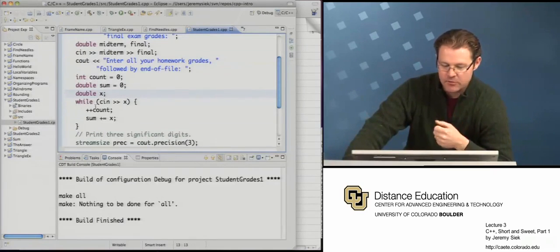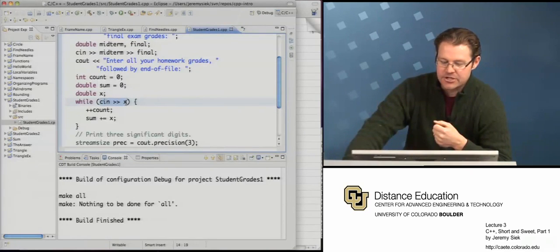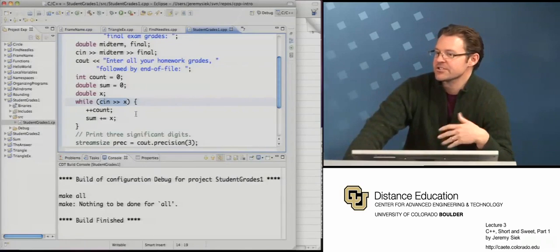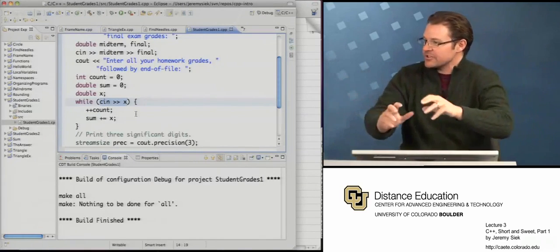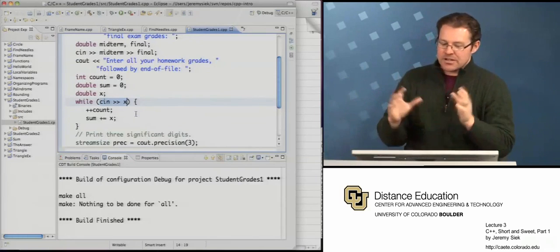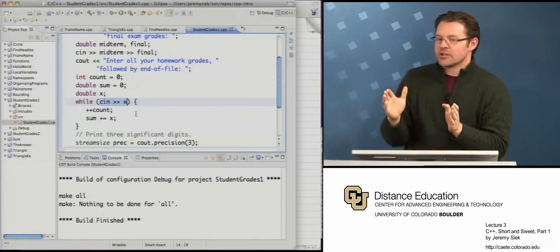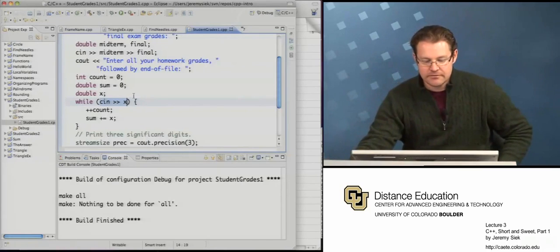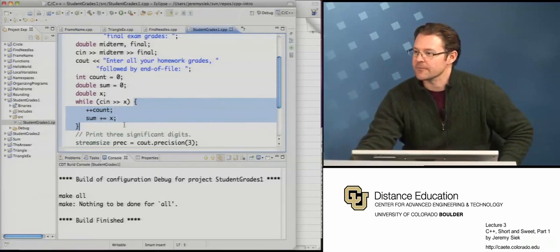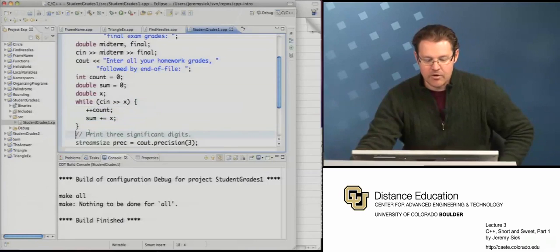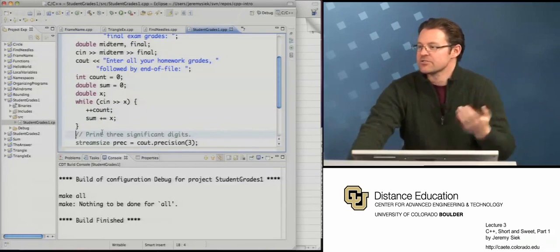The basic idea of a while loop is that you've got what's called the condition of the loop. As long as this condition, the expression that's here, which could be some giant expression or something really simple, is true, we're going to keep iterating, executing the body over and over again. And then we'll stop, break out and go on to what comes next, as soon as that condition is